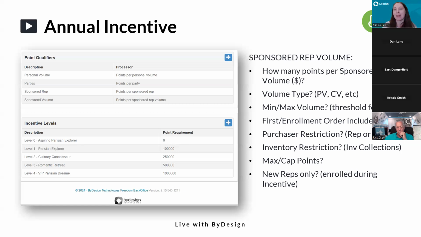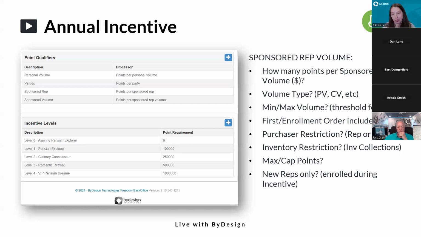So back to my point on the start and end dates, if somebody joined just before the incentive period, if you want them to be considered a new rep for the incentive period, you can do that. And you can also, again, double up on this. You can say, all of my existing sponsored reps are going to contribute 10 points per dollar. But anybody that is new during the incentive period that I've brought in will contribute 20 points per volume. Okay, so there are ways to stack these qualifiers so that I'm further rewarded for my recruiting behavior